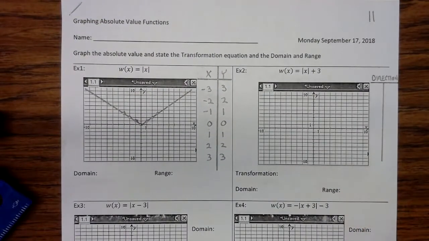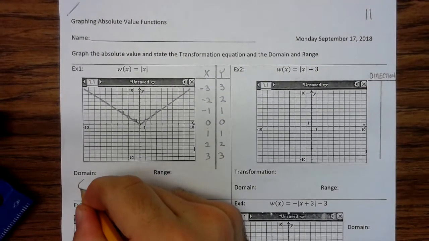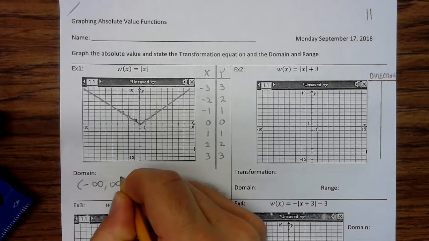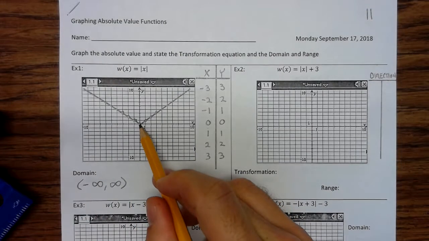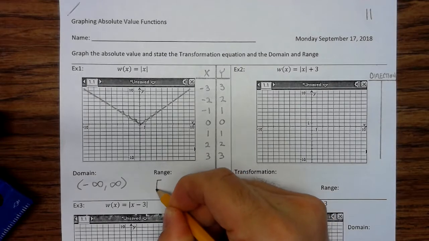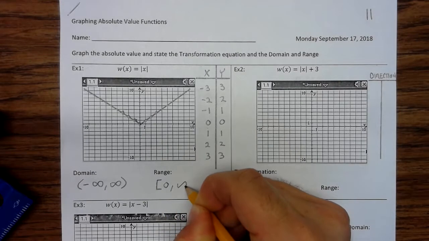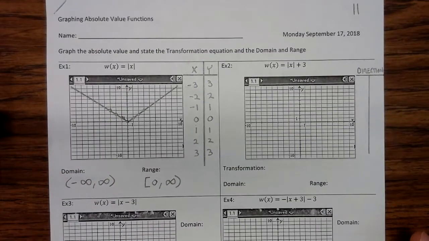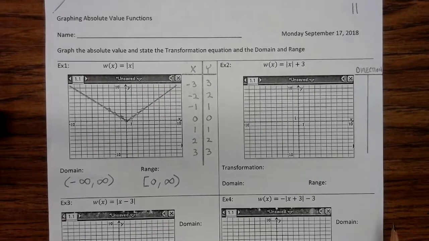All right, domain is from negative infinity to positive infinity. The range started at 0, goes to infinity, so bracket 0 to infinity. All right, let's take a look at example 2. All right, now